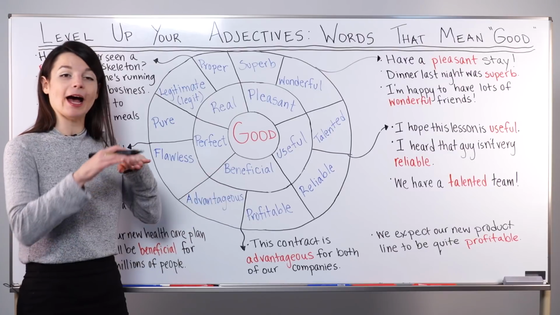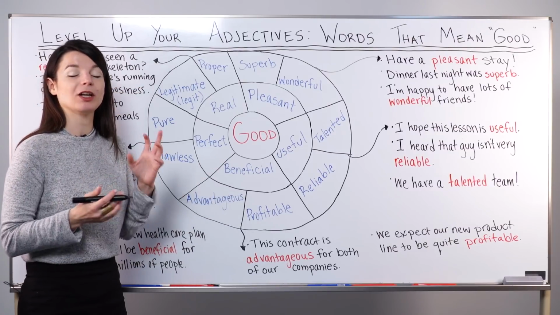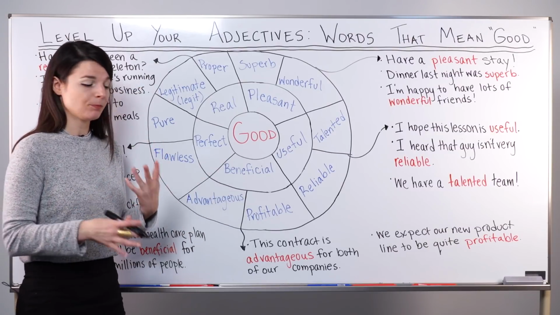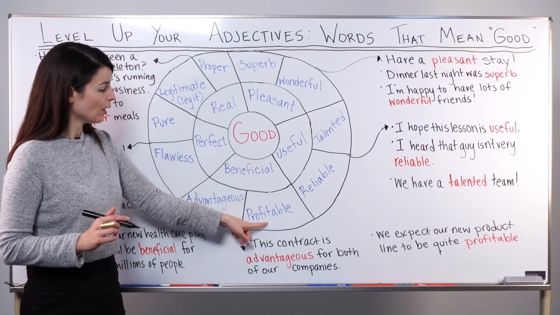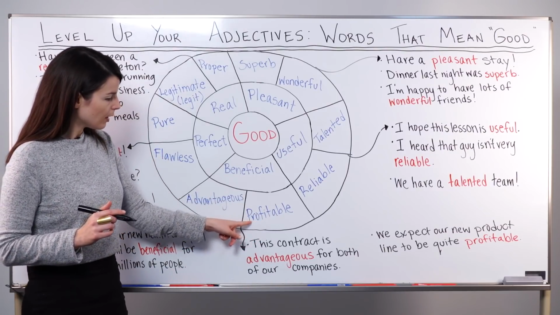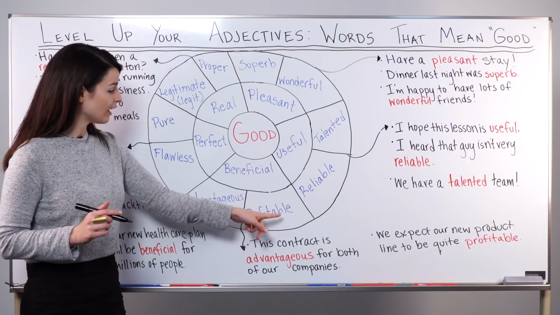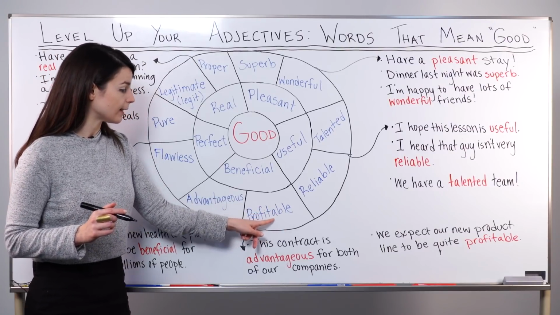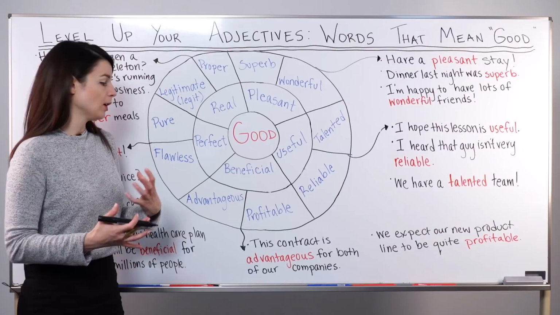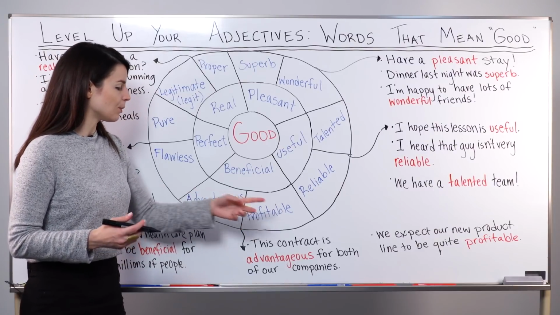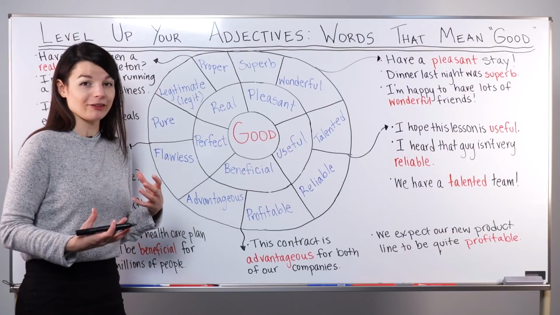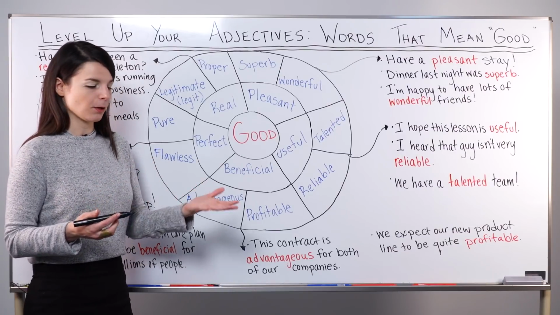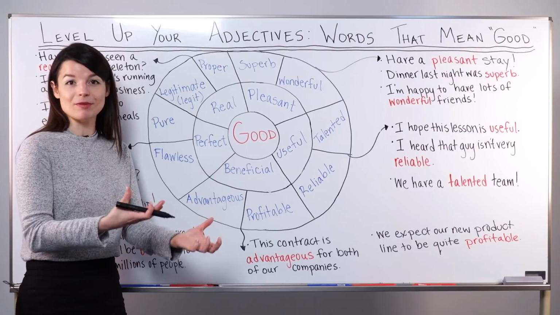So we get like a higher position somehow. We get a good position or a better position than someone else or than something else. This word here, profitable, the root here we have profit, and then again we see able here at the end, so possible to. So profit plus able means something that will maybe possibly give us profit. So profit is money. So we get money from something.